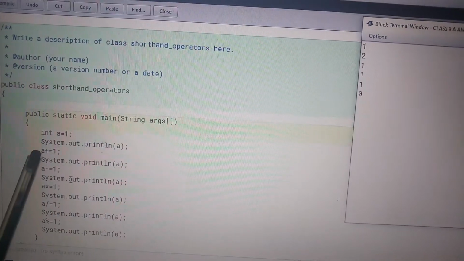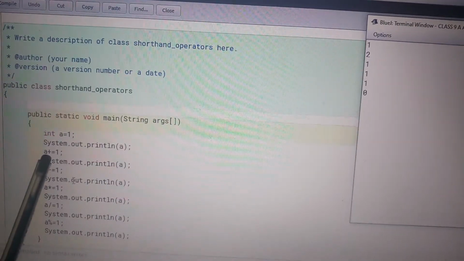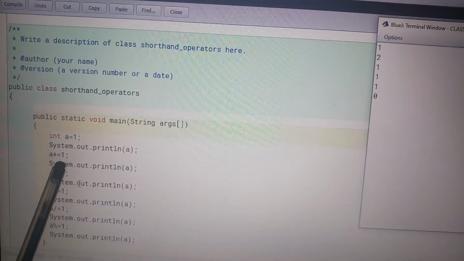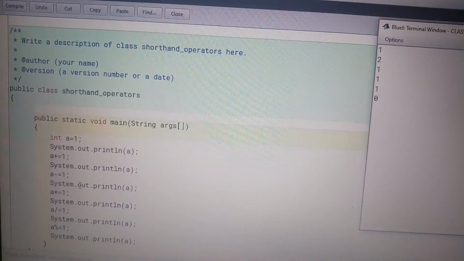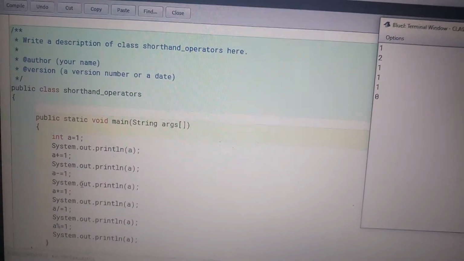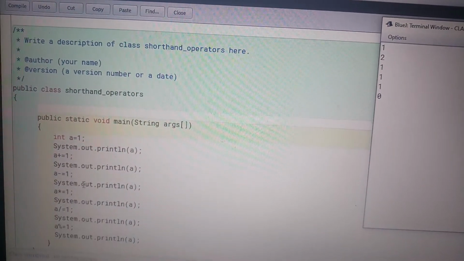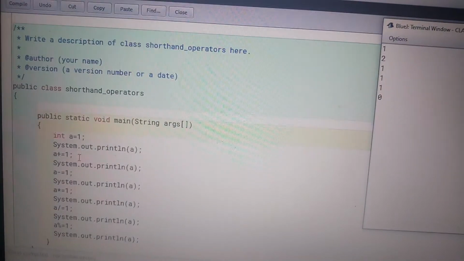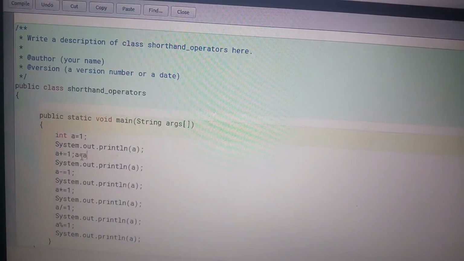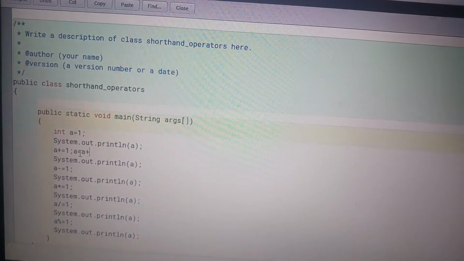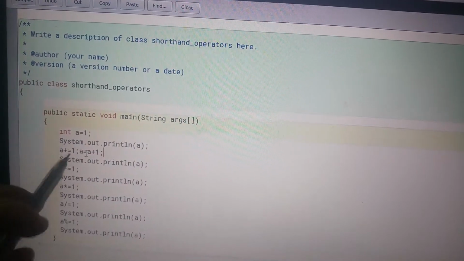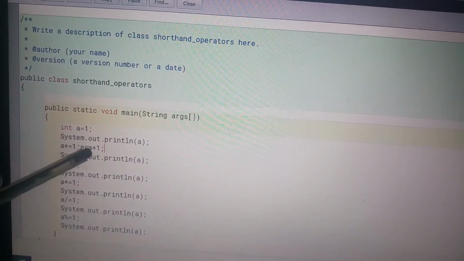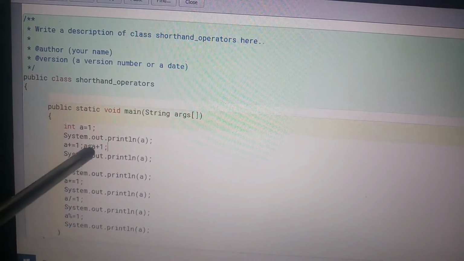Next time, a plus equals 1 means what? It will increase. It means that a equals a plus 1, so it will increment a.